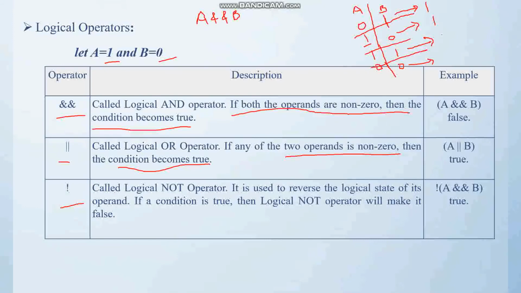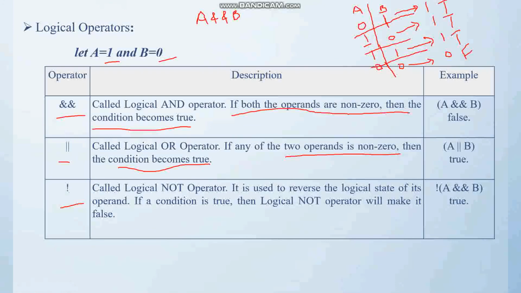In this case both are non-zero, so it becomes 1. And in this case both operands are 0, so not a single operand is non-zero, and it will generate 0. So this is true, true, true, and false.